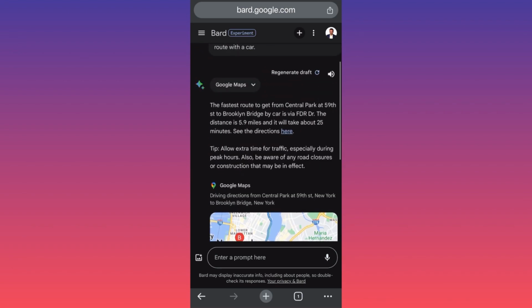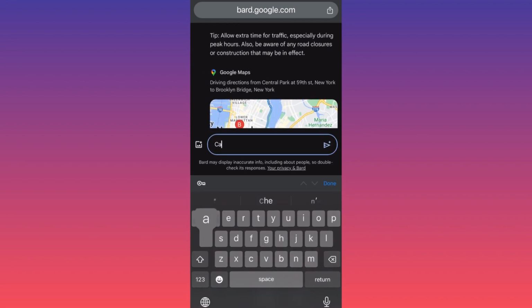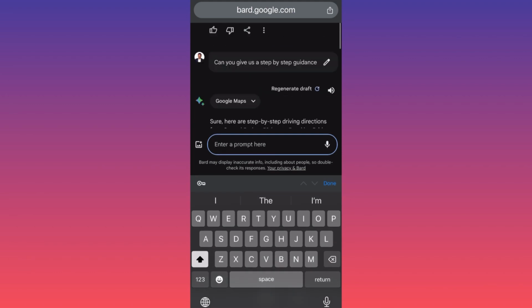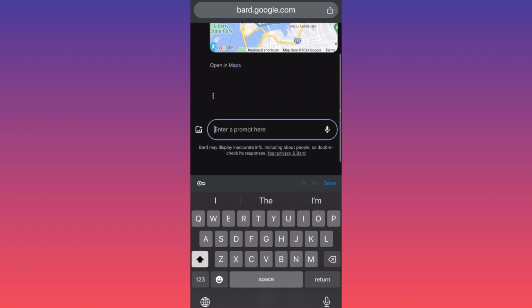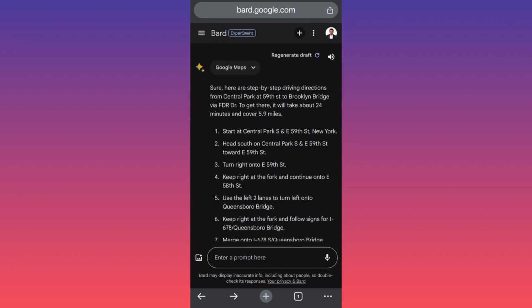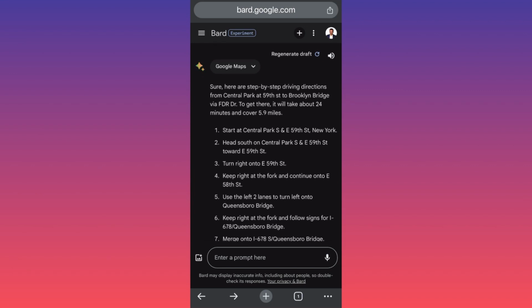Let's ask for more details. Can you give us a step by step guidance? Let's see, can we go above and beyond on this journey? We're waiting, and nothing happens, is it? Okay, we got it. So first of all, sure, here are the step-by-step driving directions from Central Park. Start at Central Park, 59th Street, New York, head south, and so on. Okay, we have turn right,